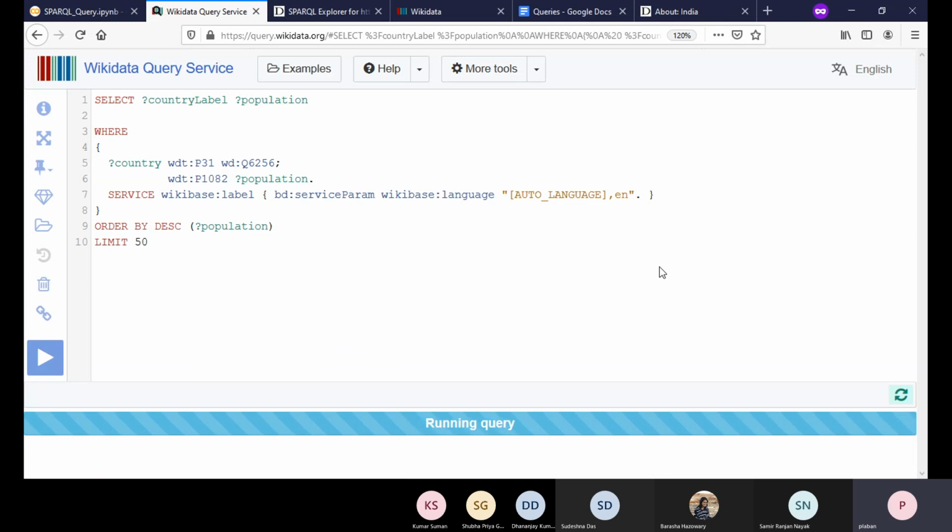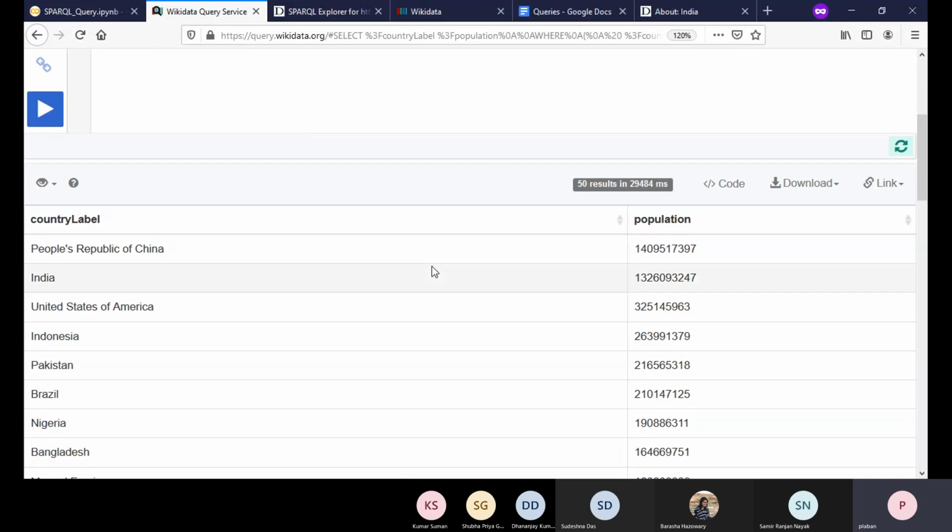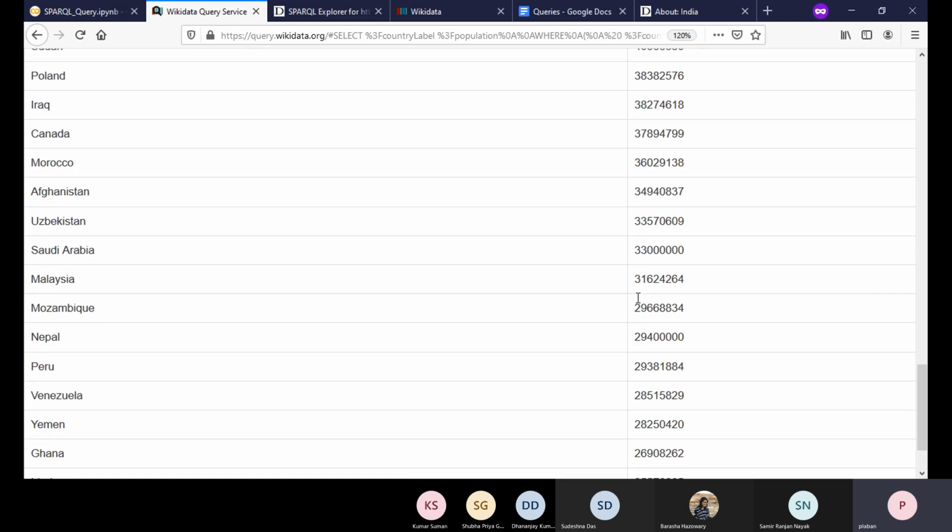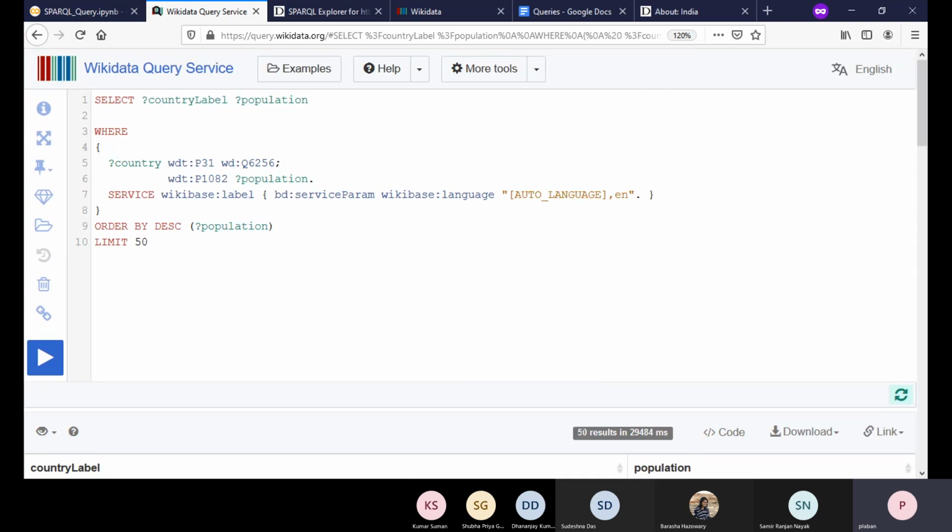Now, if we execute this, it is taking a bit of time today. Okay, so you can see that the list is sorted based on the population value, and we have only 50 results. You can see we have got only 50 results here, right?